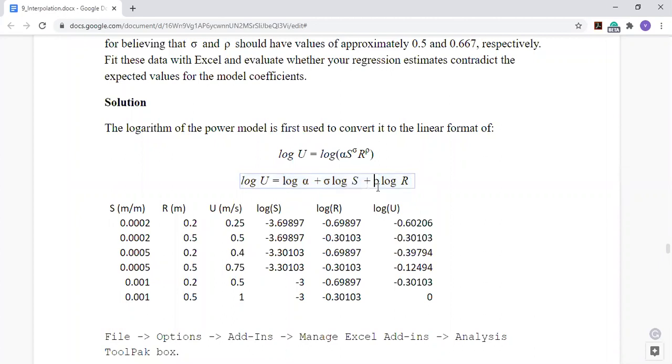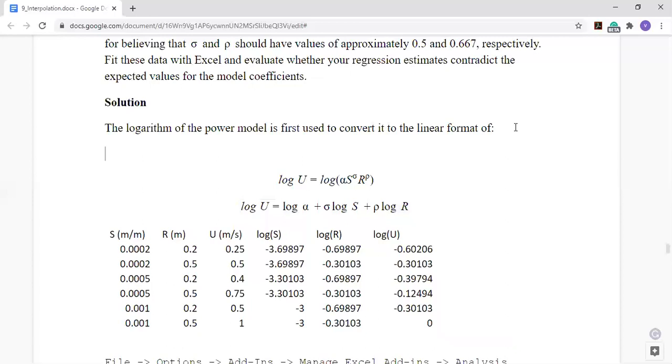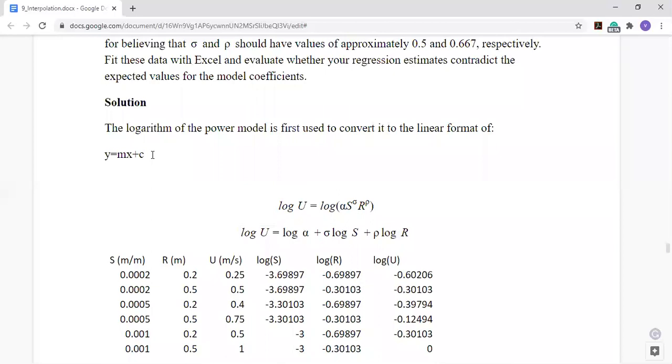The difference between multiple regression and linear regression is that linear regression is y is equal to mx plus c. You want to get the slope and the intercept. But multiple regression is simply y is equal to m x1